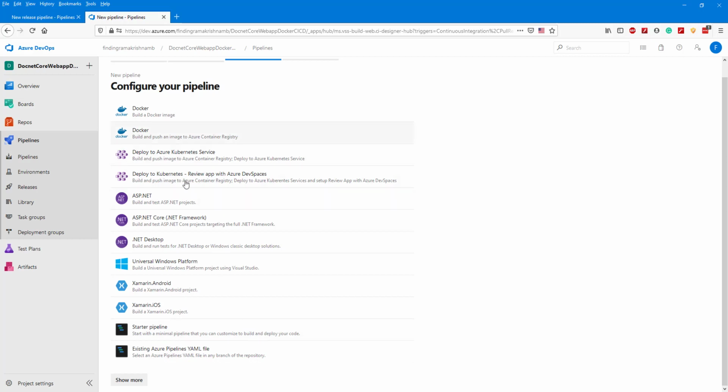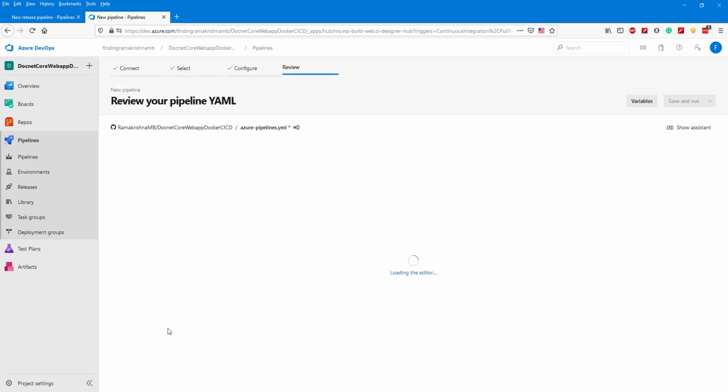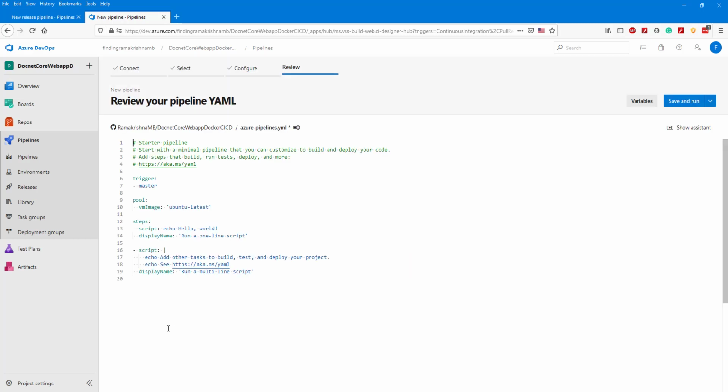You can also do with the build and push in Azure Container Registry. As of now, we are not using Azure Container Registry to push or pull the image. We are directly using Docker Hub to do that. So rather than using an existing pipeline, we are going to write an empty YAML file.